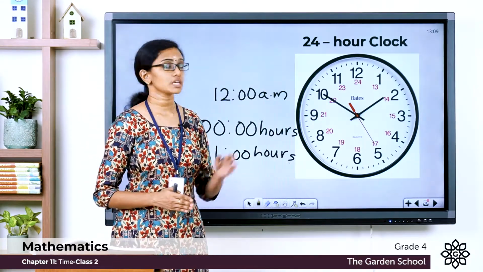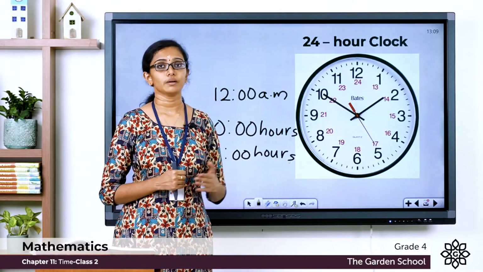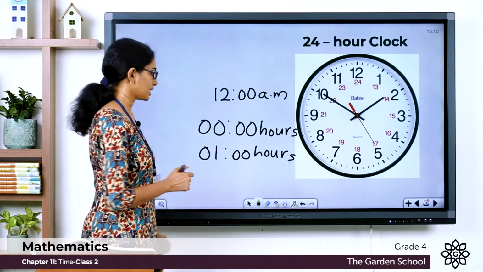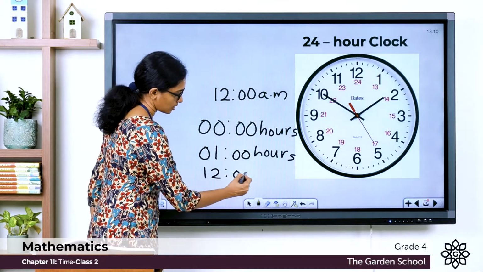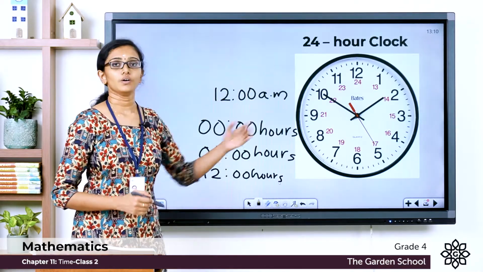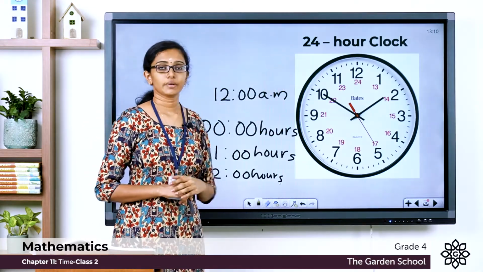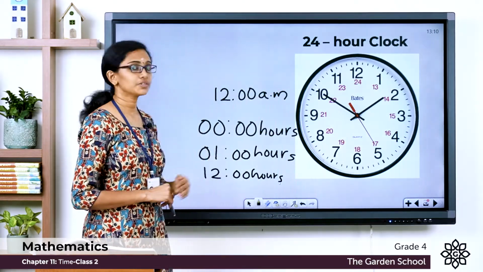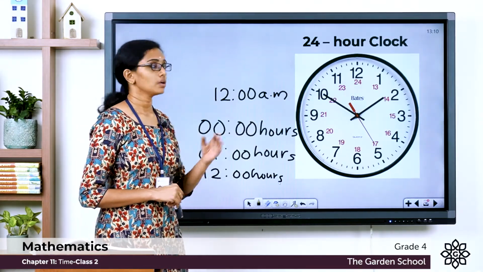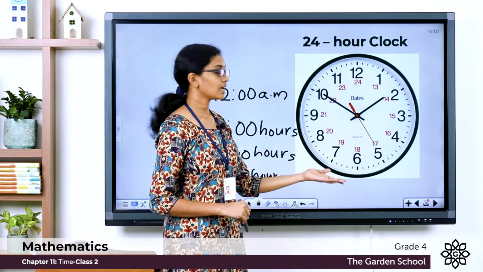Now what if the time is 12 in the noon? On a 12-hour clock system, we would say 12 PM, which means 12 in the noon. But on a 24-hour clock system, 12 in the noon is represented as 12 hours. So you start counting the hours from 0000 hours. 0000 hours means 12 in the midnight, whereas 12 hours means 12 in the noon. So after 12, past 12 in the noon, we count the hours as 13, 14, 15, 16 and so on